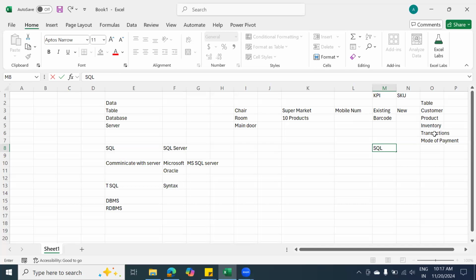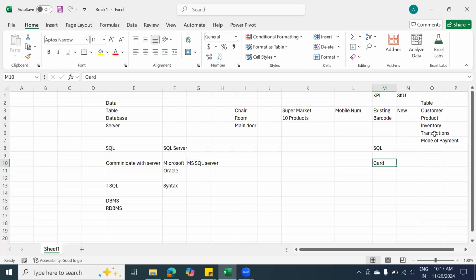Now, when you are inserting your card in the ATM machine, it is finding out the customer details. Then if you want to do a transaction, it is selecting which type of account you have. Is it a current account or a savings account? Then the transaction should be updated in the bank records. So we are doing a simple ATM transaction, but on the back end, we have so much of process, guys.